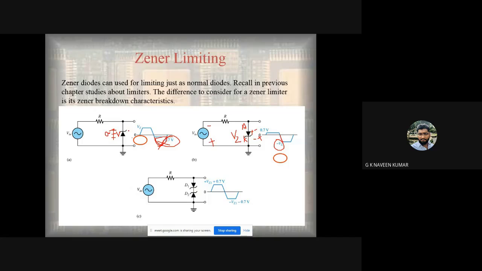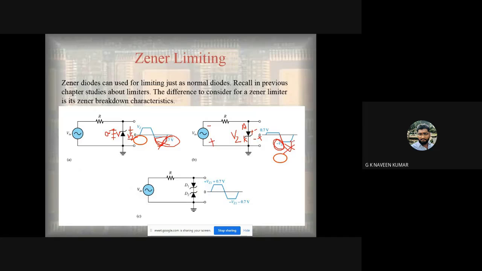Here the reverse voltage will be appearing, this plus, this minus. Reverse voltage will be Vz. Here it will be opposite. The direction of the anode and cathode are reversed, so the reverse voltage will be opposite. Your output will be restricted to minus Vz. All the waveform that exists beyond minus Vz will be cancelled.